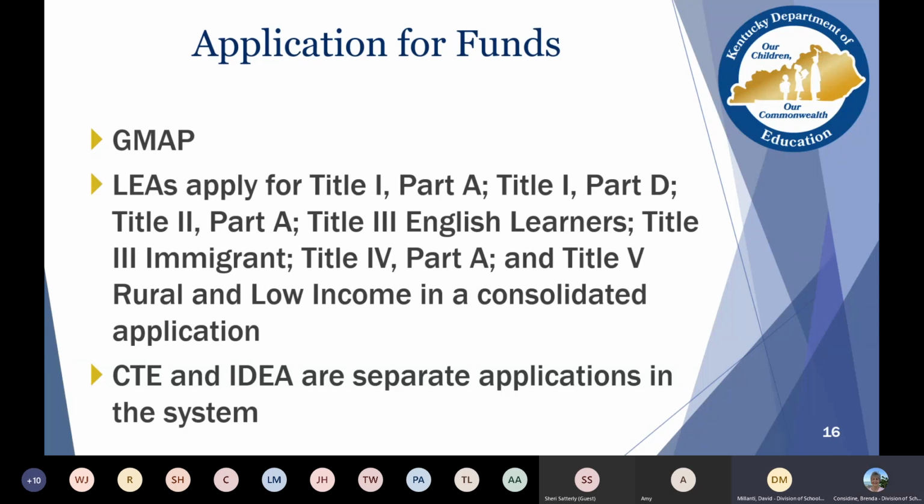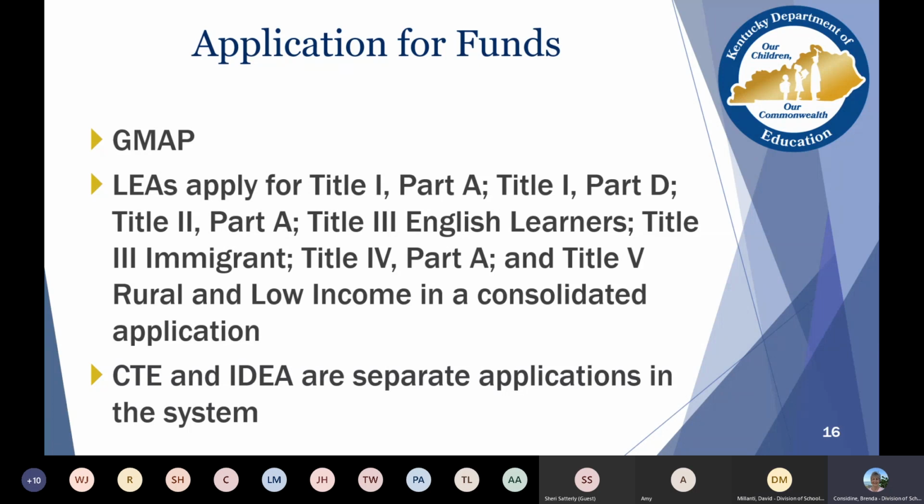Okay. Also, we've had some questions about Title V. It's not been allocated as of yet into GMAP, and a lot of people were worried that they would not be able to submit their consolidated application by June 30th, but they will be able to, because Title V, since it hasn't been allocated, would not stop the consolidated process of submitting. But once that funding source is allocated, districts will have to go back in, correct, David, and open up GMAP and build that Title V application and budget. Yeah, that's correct.